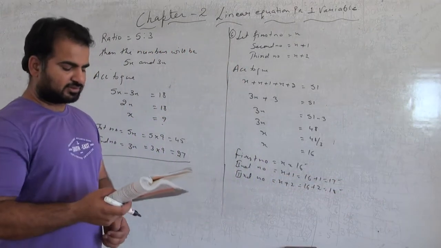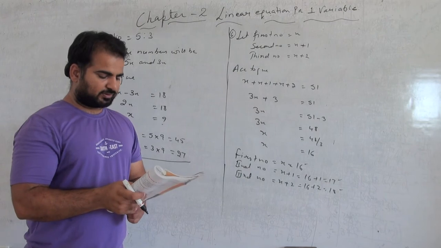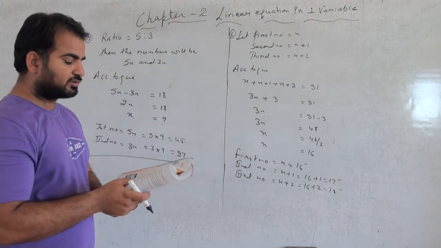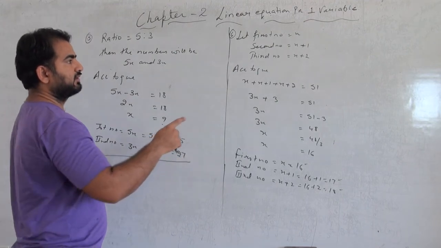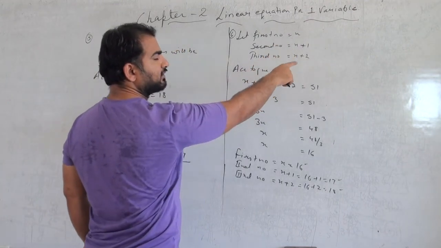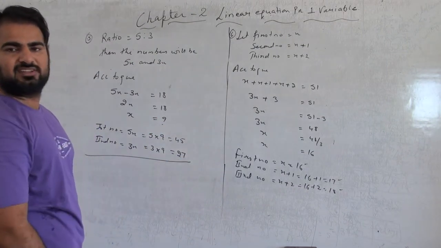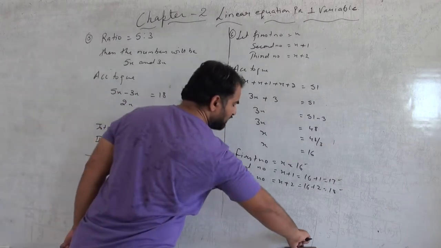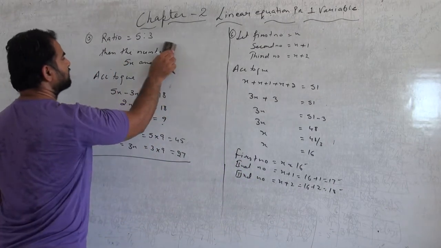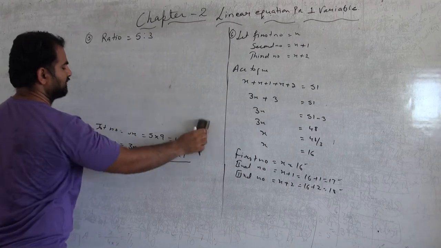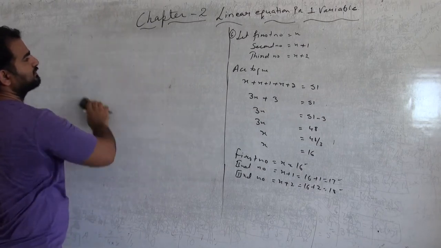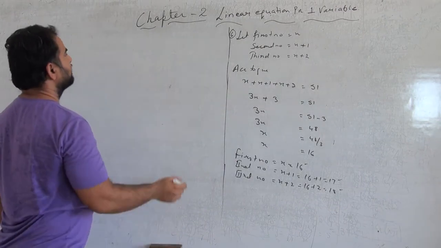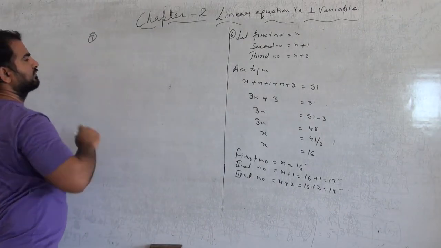These are the three consecutive numbers that we want: 16, 17 and 18. Question number 7 is, again, the sum of three consecutive multiples of it. In this question these are not multiples of any number. These are just called consecutive numbers. And what if we have to find consecutive multiples of any other number? Then you just multiply these consecutive numbers by the multiple. Okay, question number 7.